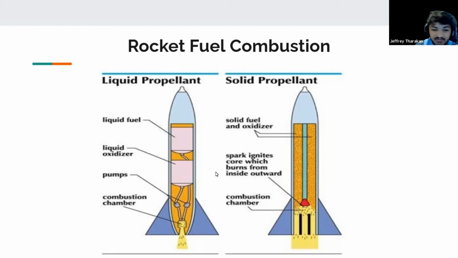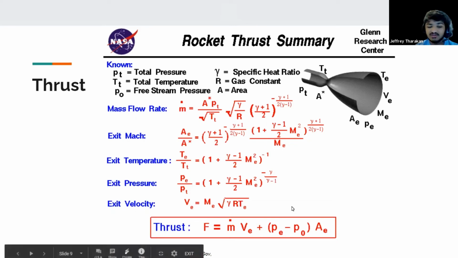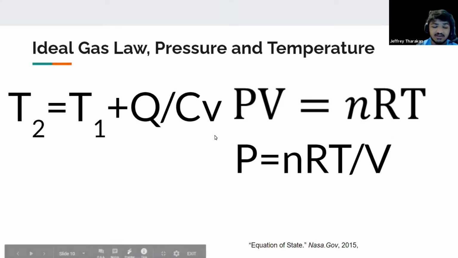And mass is important for combustion, as you can see in this equation provided here by the Glenn Research Center, which shows how thrust is equal to mass times velocity plus the exit pressure minus total pressure multiplied by the area. And this equation also allows us to see how combustion is related to the ideal gas law and pressure